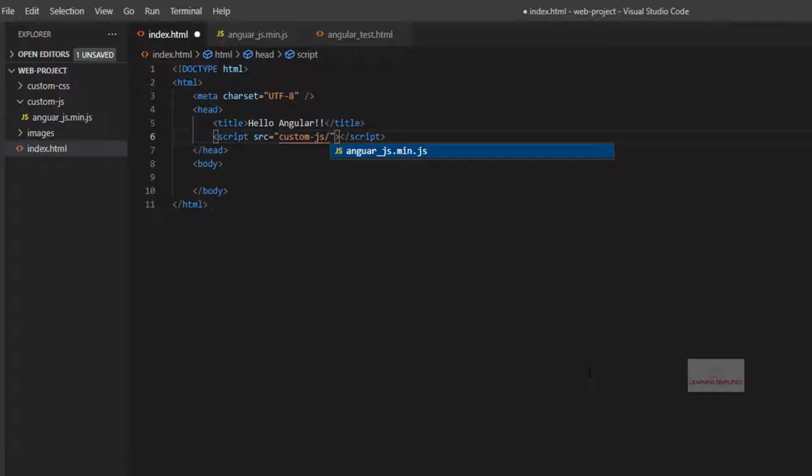And the next one is the file name that we had used earlier. So this is the file name here, AngularJS.min.js, and we'll be pressing Ctrl S. So right now, theoretically, AngularJS.min.js has now been connected to this index.html right over here. Now we need to check whether it is working or not.